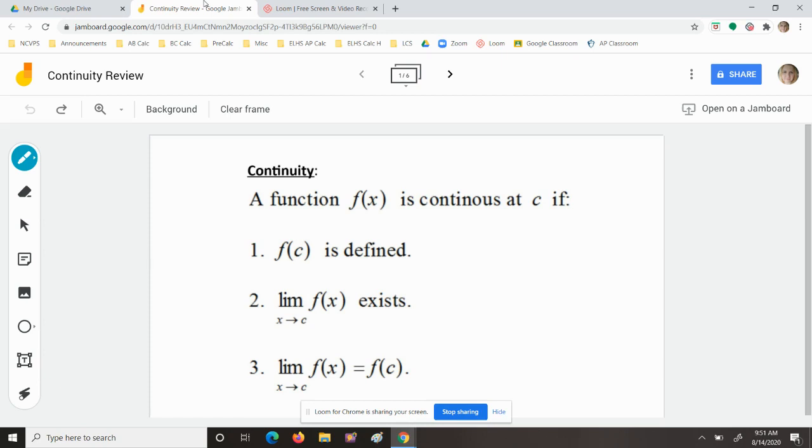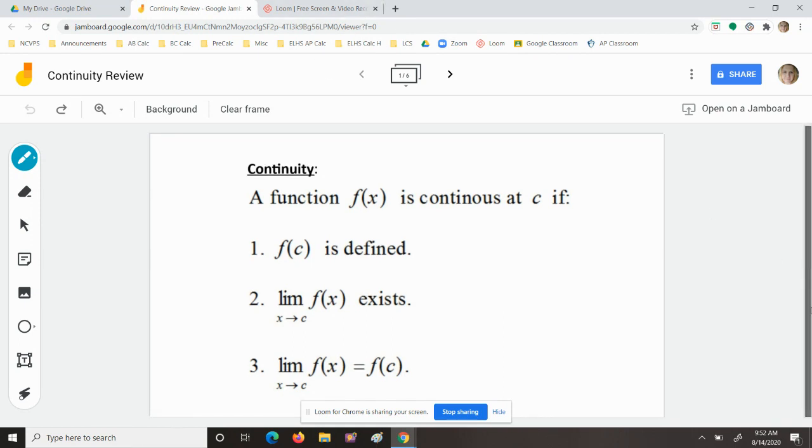About continuity, which is something we've already talked about before, but I want to go back over. As you can see here, I've got the 3 different rules for continuity at a point. In order for a function to be continuous at a point, in this case we're calling it c, but it's any point, first of all, f of c has to be defined, so there has to be a defined point or a defined value. The limit as x approaches c of the function has to exist,